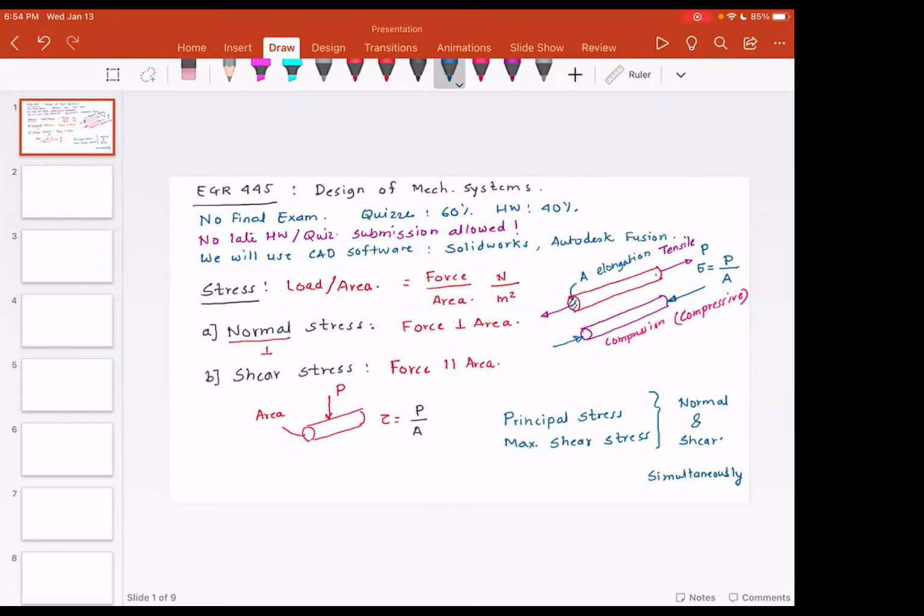stress, and that resultant stress is termed as the principal stress and maximum shear stress. And we'll spend some time on this to make the concepts absolutely clear. So if you think about the bending stresses, they give you normal stresses. So the stresses that you study in bending, they are normal stresses. The stresses that you study in torsion,